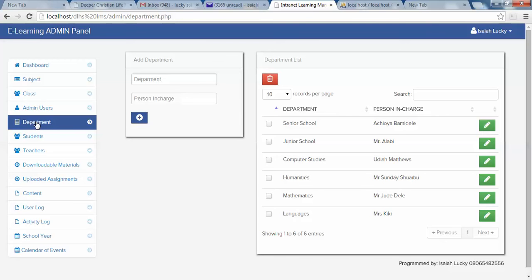Click on the department menu. All departments that exist in the school: senior school, junior school, computer study, humanities, mathematics, languages, and all that. So it depends on the departments that exist in the school. So all the admin needs to do is to add the name of the department here and the name of the person in charge. For instance, let's say we want to create